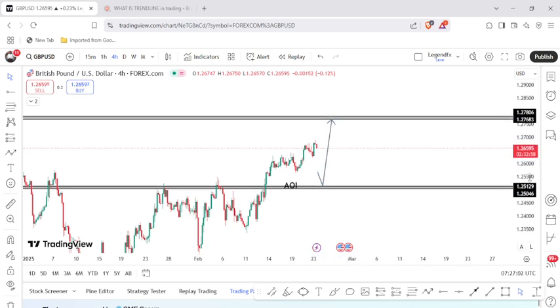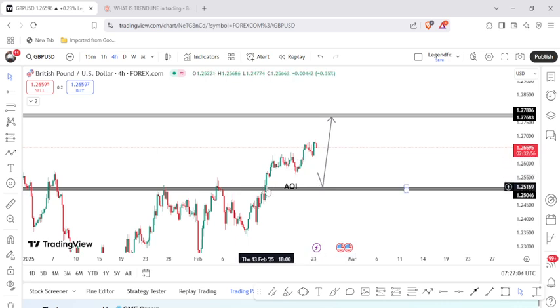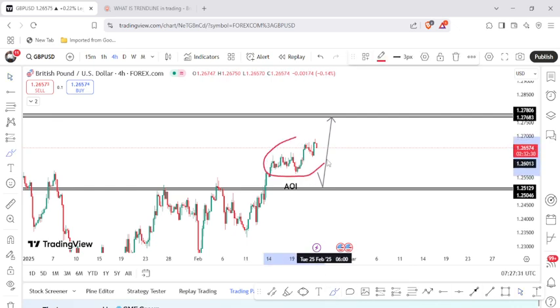But for some reason, this failed. It failed, leaving all this space. I was thinking that it would come back here, but for some reason it didn't come back. It failed and it just shot up. So as of this point, I'm no longer interested in GBP USD until it gets to any of these key zones. Either the market gets here, gives me a change of trend, and I will sell down, or the market gets here, gives me a change of trend, and I will buy up. But as long as the market remains inside this box here, I'm not interested to buy or to sell.